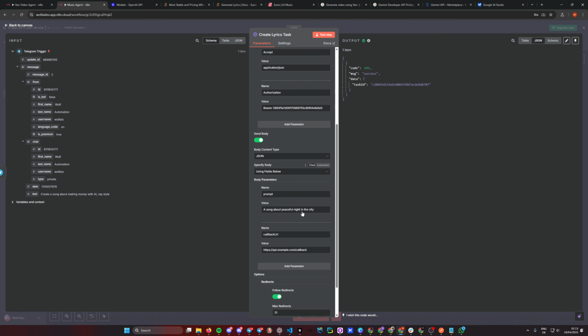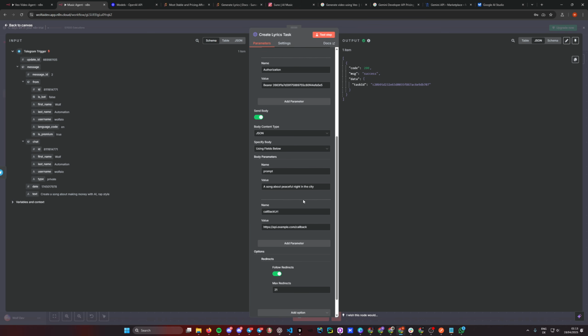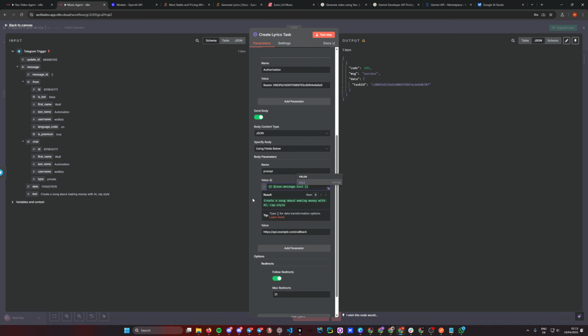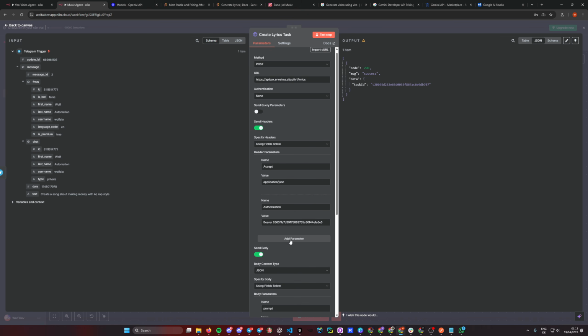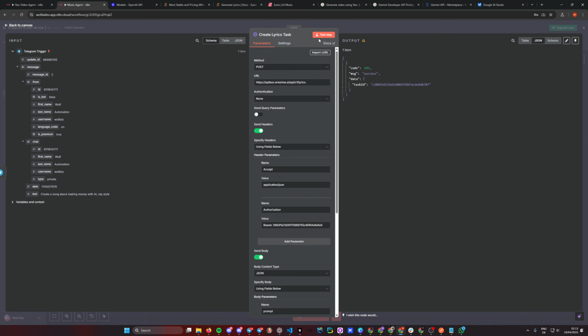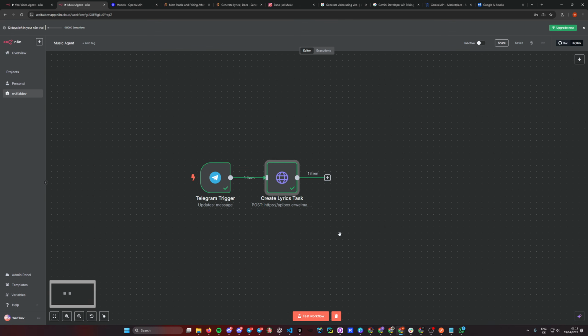Okay, so now it did use the wrong task ID. Should have done that before, but it's fine. So we want to just grab this here, and basically the text, whatever we sent in Telegram, it's going to be our prompt here for this body payload, and the rest looks good, so that should be fine. So we can actually go ahead and test that, receive the task ID, and now we can build a tiny